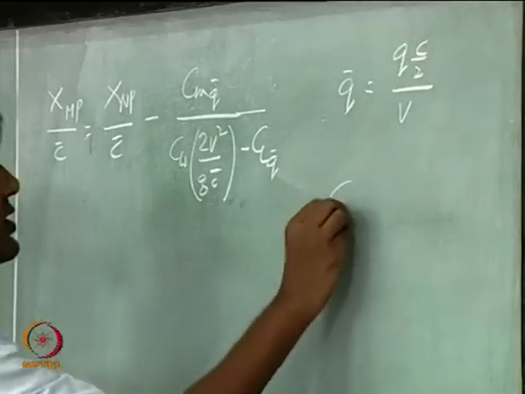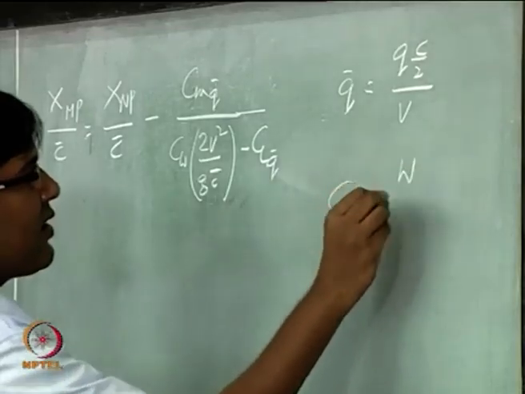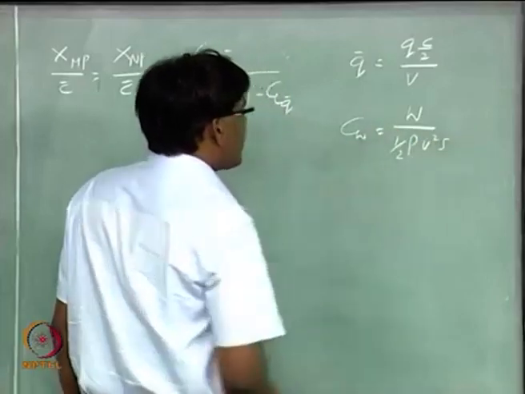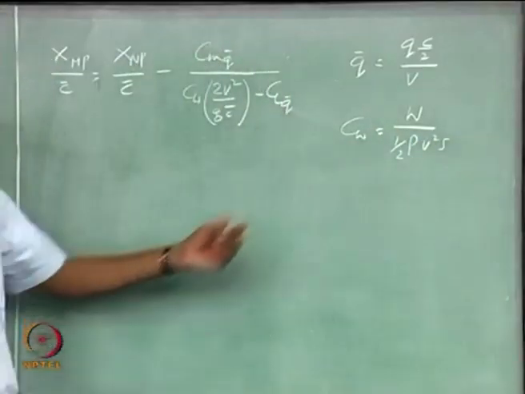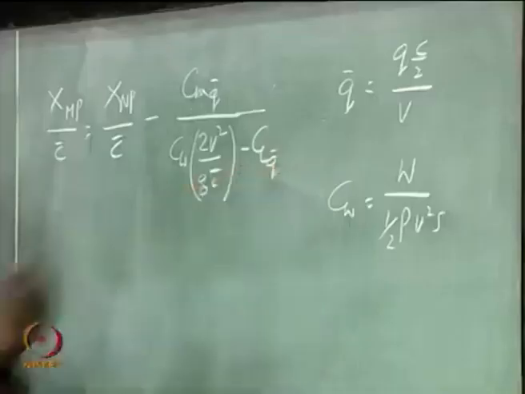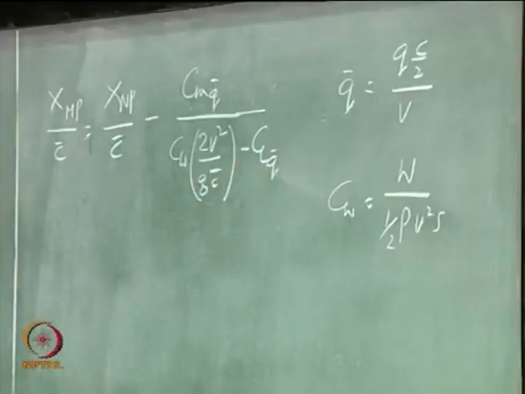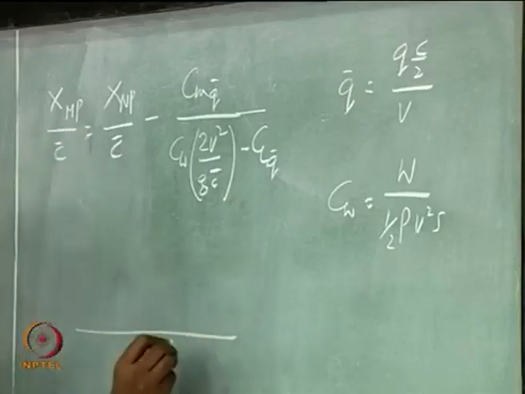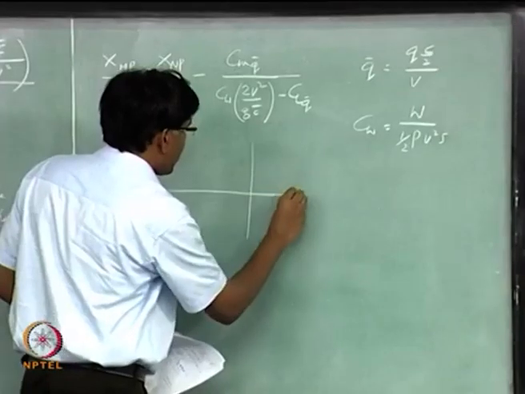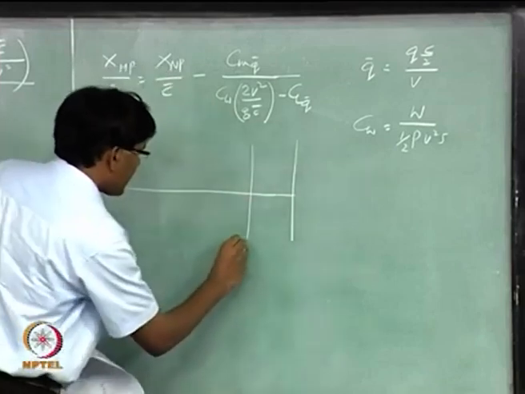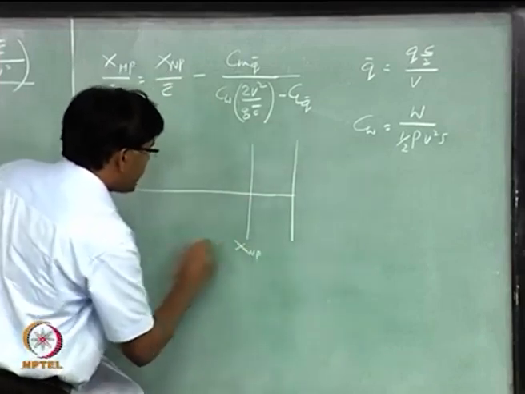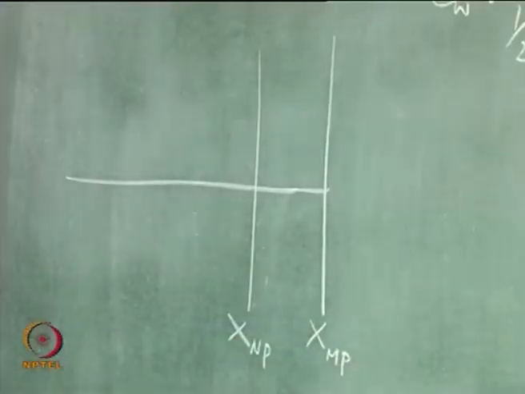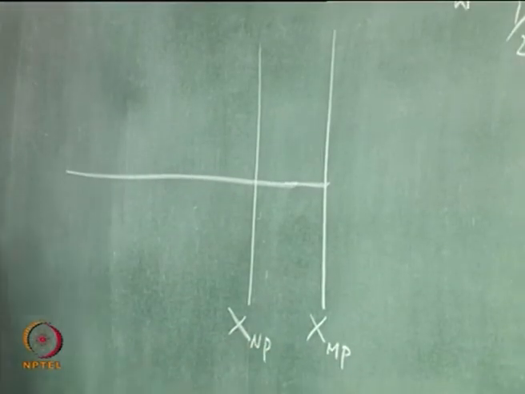So, CW is very large as compared to this CLq. Okay. So, this is where the location of the maneuver point is, and